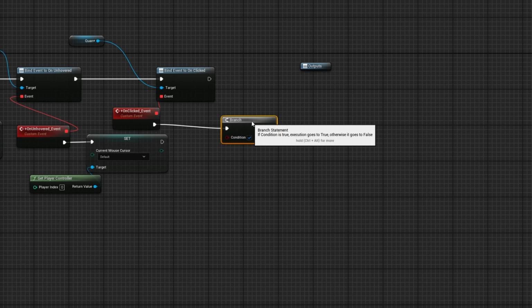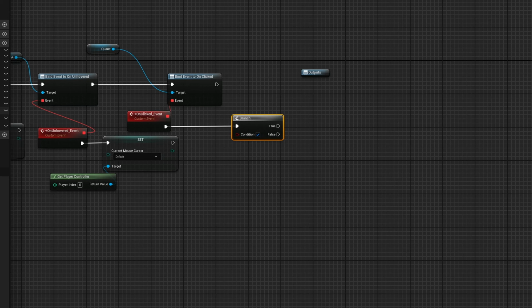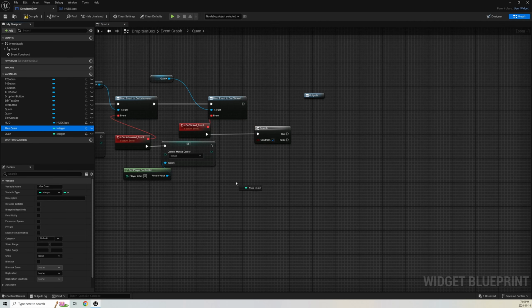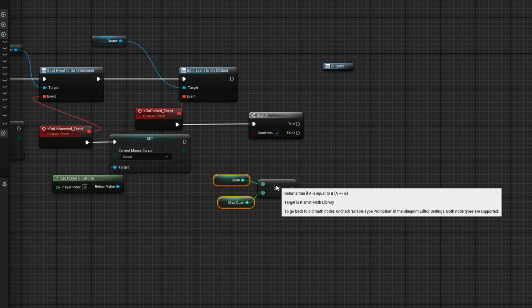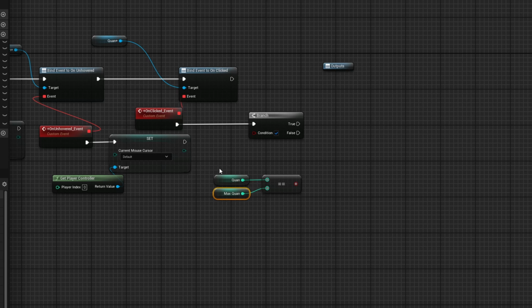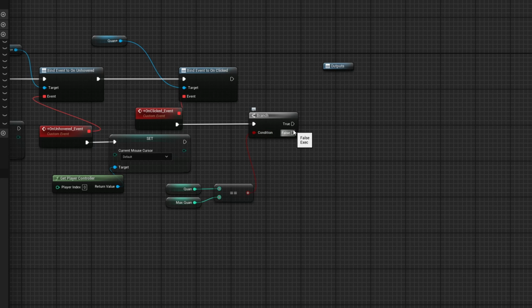And we're going to check if our quantity equals our max quantity. So we'll get an equals node and drag this in, because obviously if our quantity equals our max quantity, we're not going to want to increase it anymore. So we'll come out of the false branch, and if it is,